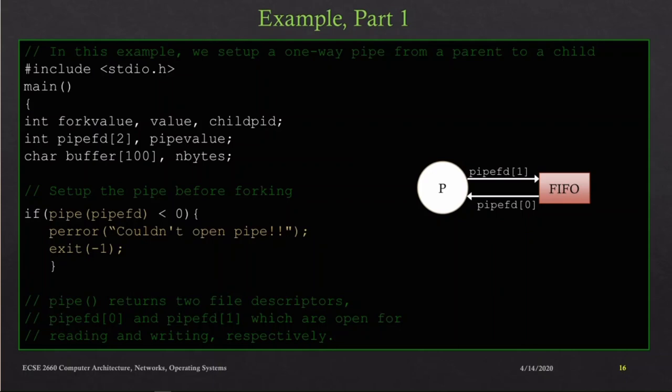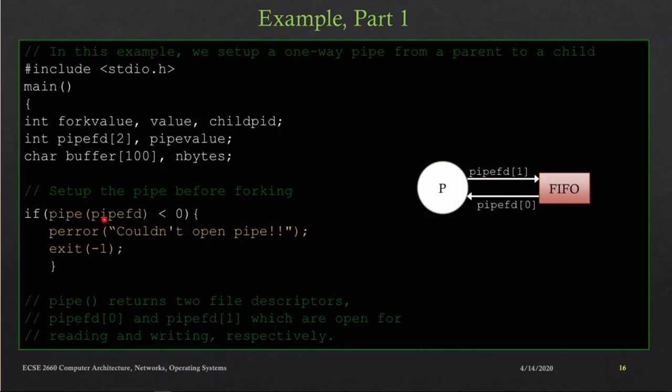In the previous video, we were talking about the example in which we create a one-way pipe from a parent to a child. That video ended abruptly, so I'm going to continue in this one. So a quick recap, we were going over this example and we already talked about part 1 where we called